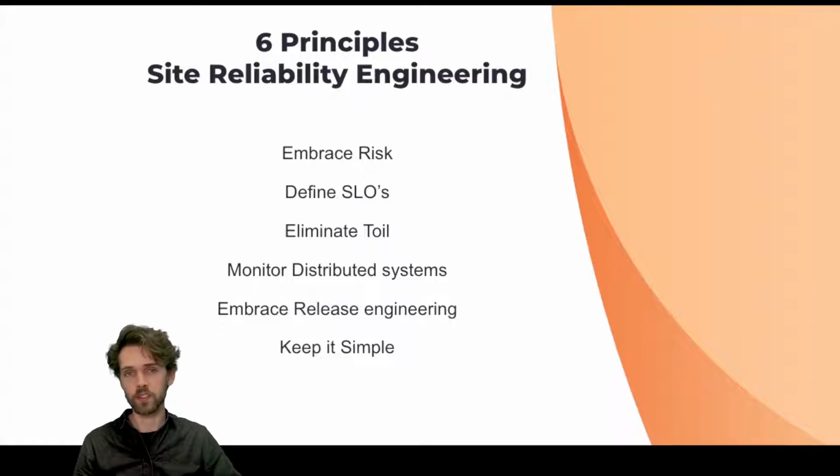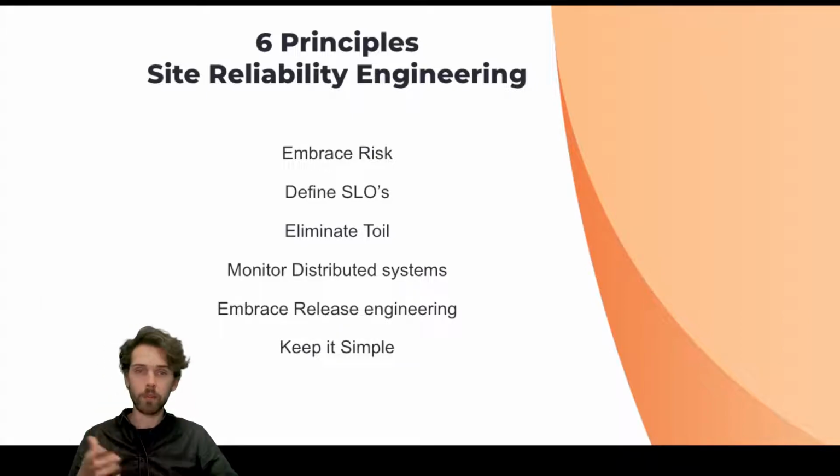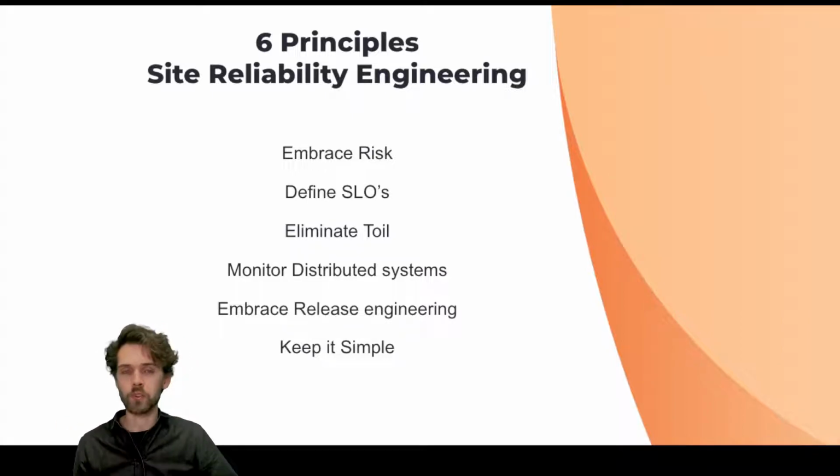So SRE, Site Reliability Engineering, tries to uphold 6 principles. The first of which, embrace risk. What does this mean? Systems nowadays, ecosystems, are evolving every day, and there's not one single person who knows how the entire thing works. It's a given that parts will break within the system. So how do we deal with that? That's the embracing risk part. We're going to assume that things will break. We will not engineer for 100% uptime, as that is simply impossible.